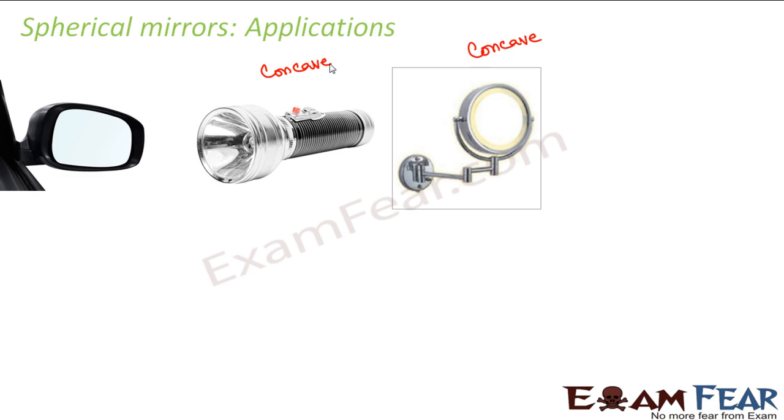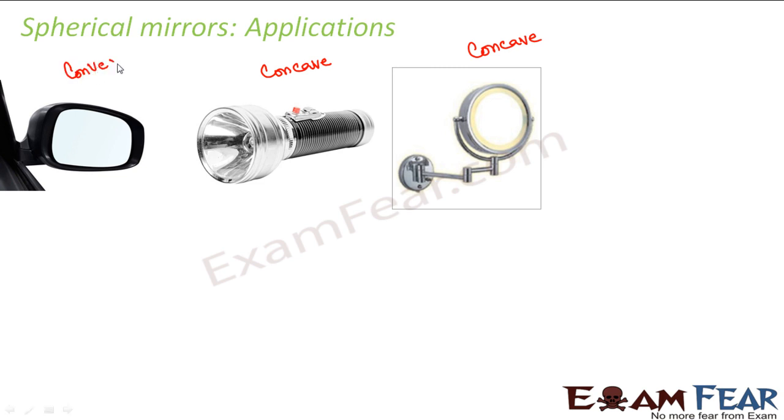When we talk of the rear view mirrors in your vehicle, as I mentioned before also, just beside your driver's seat, you can see a small mirror which gives you a view of the traffic which is there behind. So what kind of mirror would you prefer here? You want a diminished image in this case because let us suppose at your back, just behind your car, there are some 3 to 4 vehicles. So you want to get a small view of all those 3 to 4 vehicles in that small mirror. That means you want that diminished images should be formed.